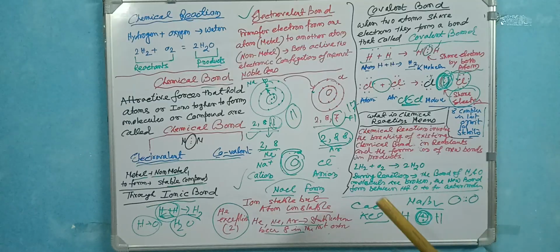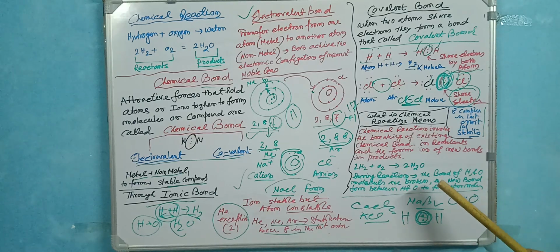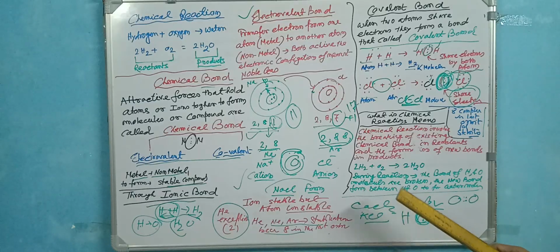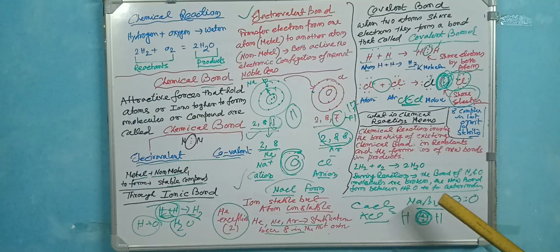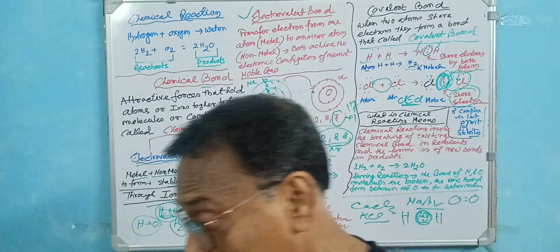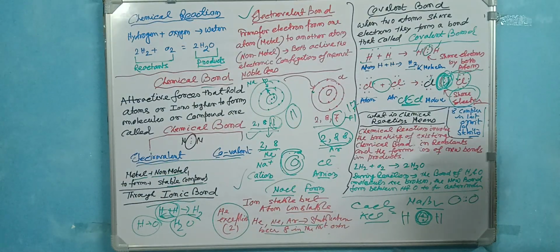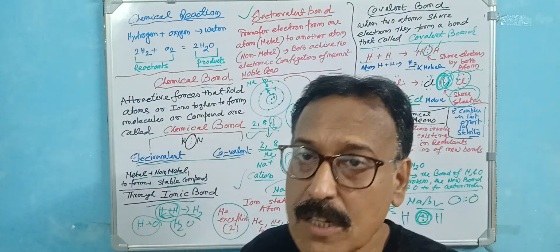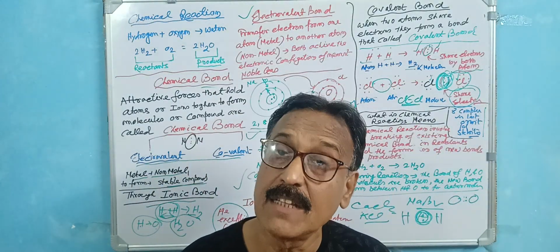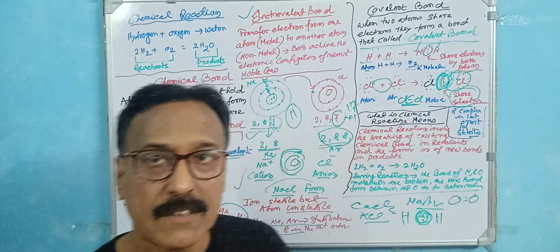is clear to you, during the reaction the bond of H and O, for that reason I wrote down all these things, the bonds of H and O molecules are broken first, then the new bond forms between H and O to form water molecules, is clear to you, so this is actually called the chemical reaction, okay, this is the basic thing, you gradually clear your concept in case of chemistry, we will gradually go further after this, okay,